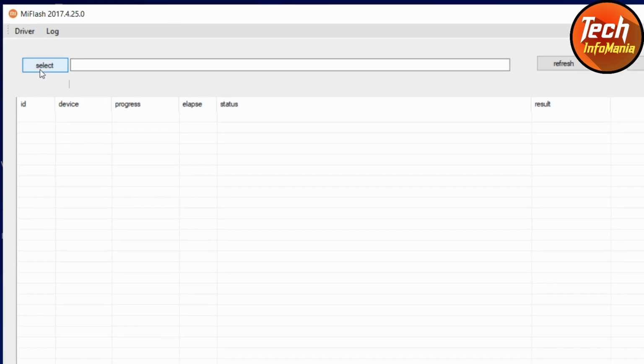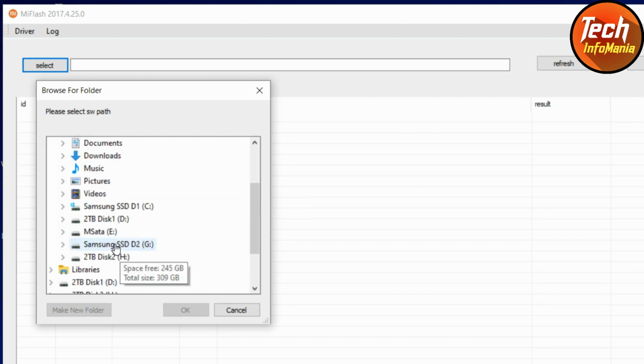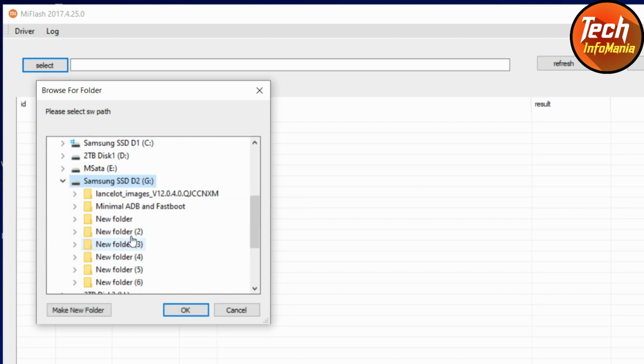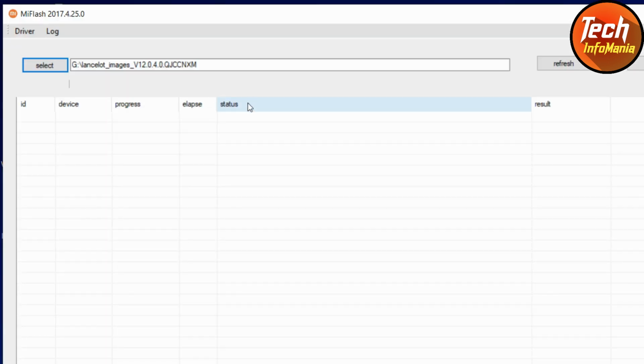Now click select here, then go to the hard drive main partition where we just copied that folder. This is mine. Click on it, this is the folder that I just renamed, making it short. Click on it, then click OK. The Mi Flash will make the ROM ready.